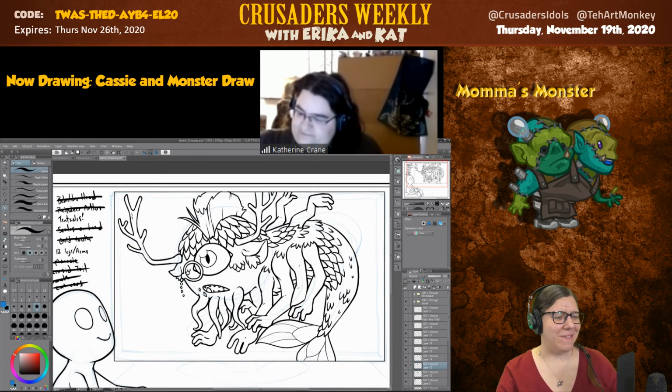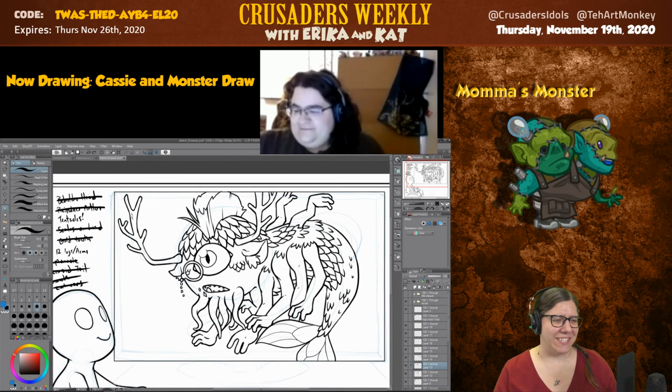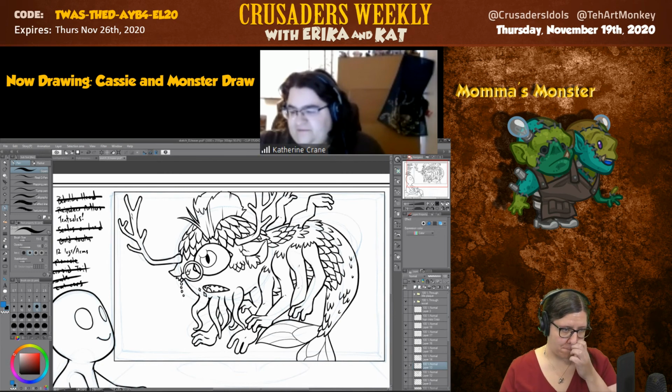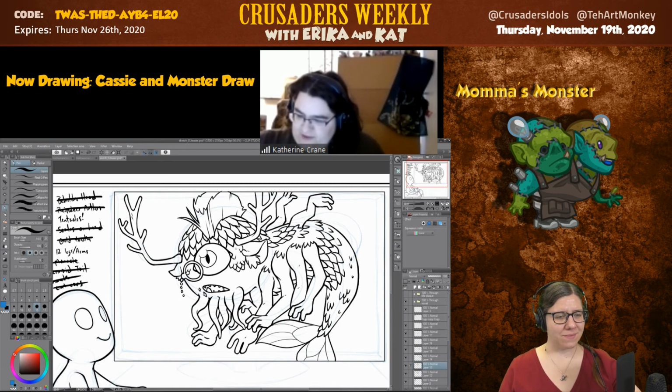Not worth the effort. Kat coloring a player-made coloring sheet? What is this bizarre world? Well, because you make the coloring sheets, right? So you don't really feel the need to color them in, but... Yeah, coloring is also just not my favorite part of drawing. So I usually don't, but I don't know, I think that might be kind of cool. Yeah. Don't expect something fantastic. Miraculous. But...